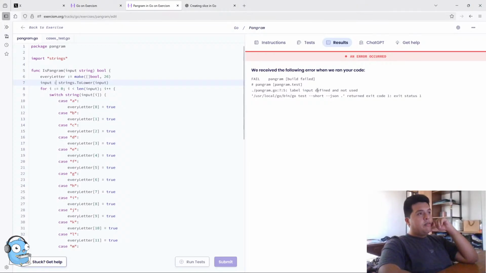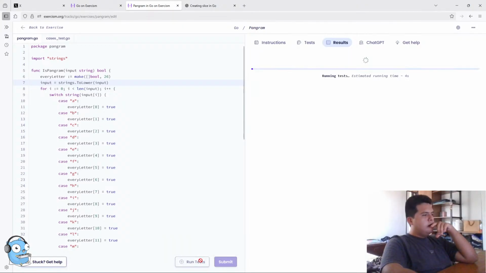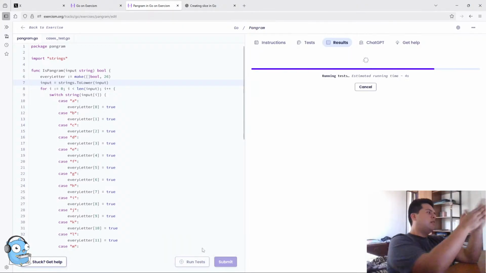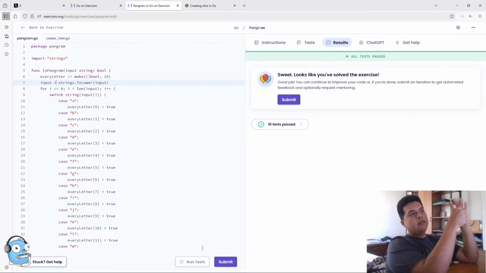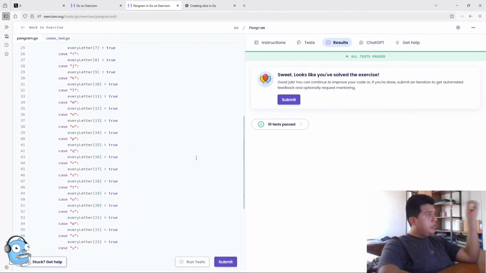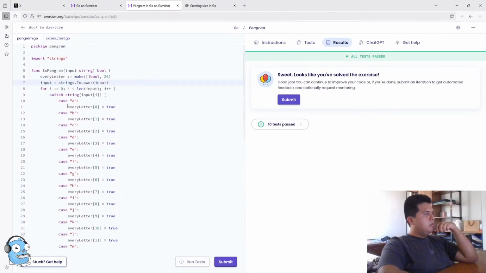Okay, label input defined and not used. Wait, what? Input equals, another time, another syntax error, but every time I was finding where I did wrong. Okay, and it works. I know it's kind of long, but